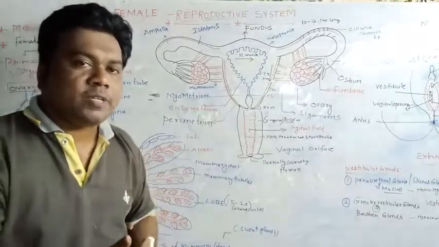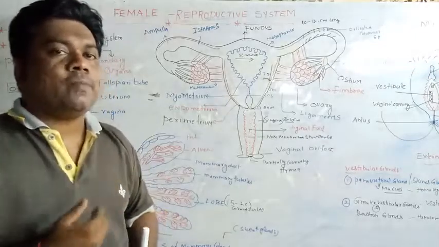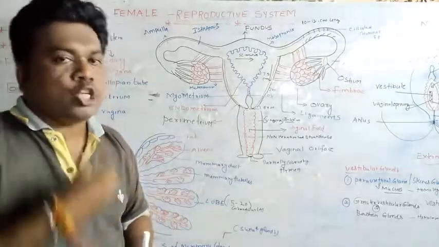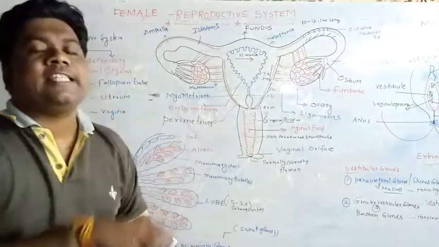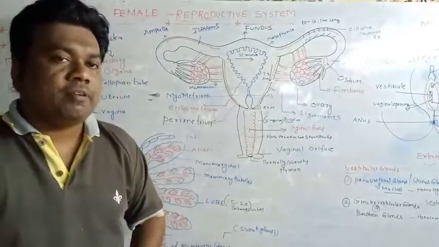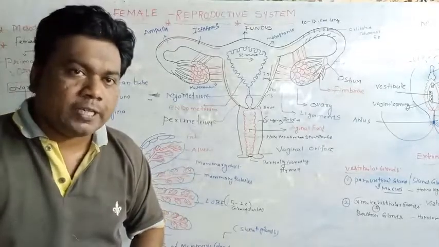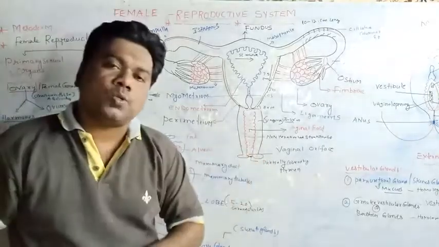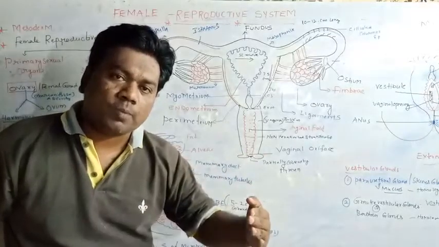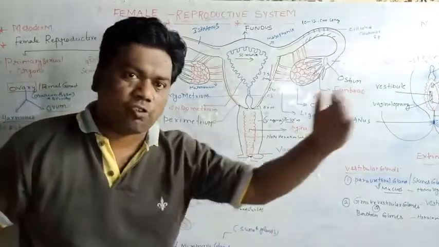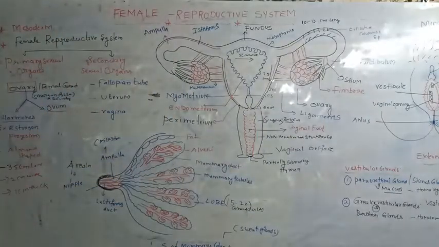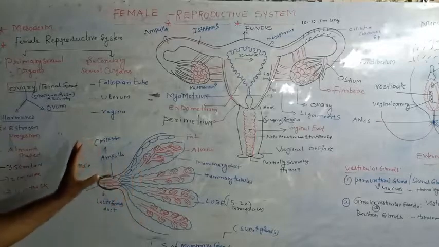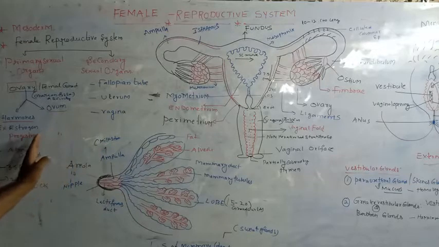At the time of puberty, the breast glands are well developed, the voice changes, the hips become broad, and the shoulders narrow. These are the secondary sexual characters seen in female organisms at puberty under the influence of a hormone. Which hormone? The estrogen hormone. It is a steroid hormone. Another point: the ovary also produces the hormone progesterone. So these are the functions of the ovary: producing the estrogen and progesterone hormones.